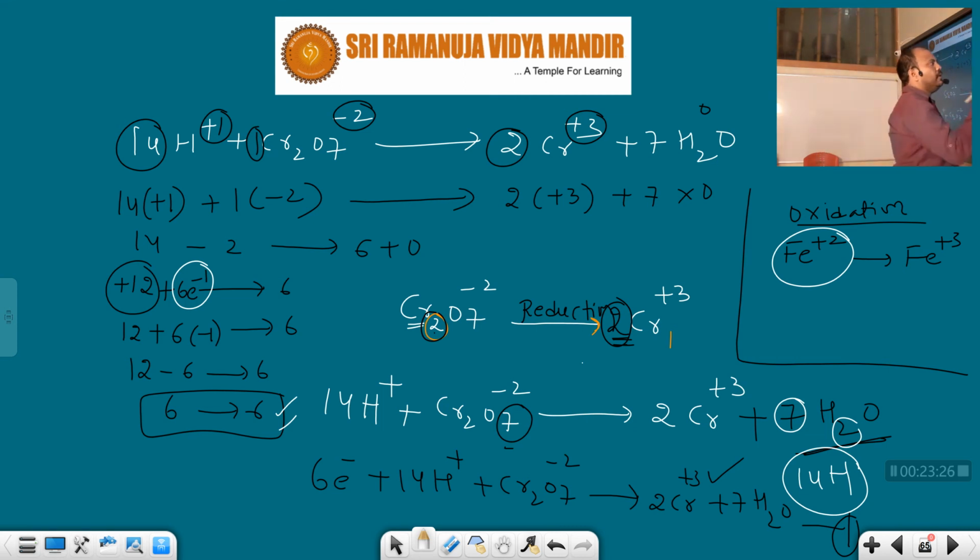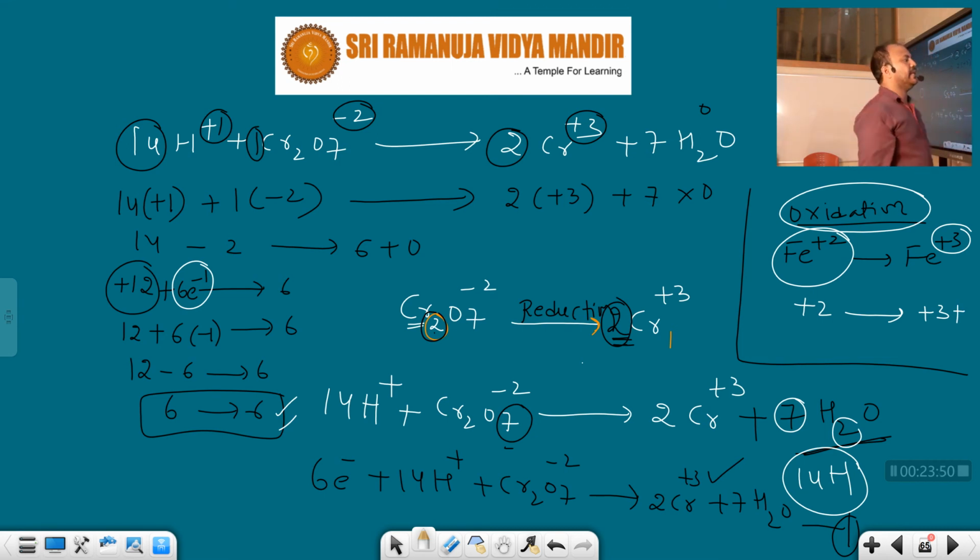How to balance that one? Here this is an ion. That means charge, how much? Plus 2, changes into plus 3. Am I correct or not? 1 into plus 2 is equal to plus 2. 1 into plus 3 is equal to plus 3. So whenever oxidation reaction takes place, we add electrons on the right hand side. How many electrons are we adding on the right hand side? Then only we will get plus 2, LHS equal to RHS. So here we should not disturb the left hand side.